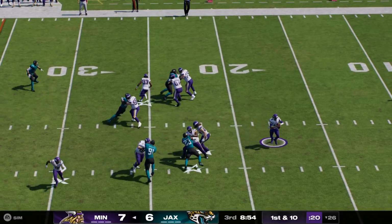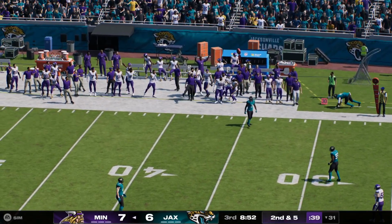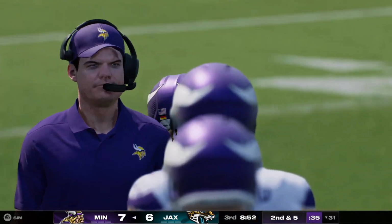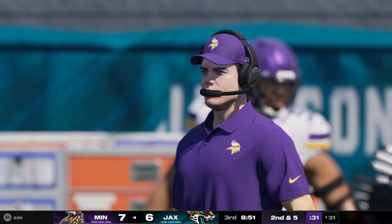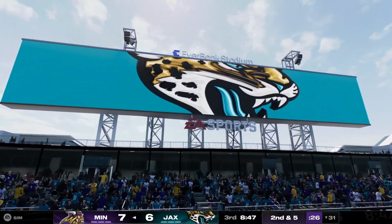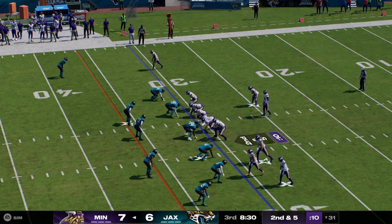Off the bootleg, here's Darnold. That's caught by Jones out of the backfield. All right, so there's really 3 areas that a modern NFL running back has to excel at. Number 1, the traditional handoffs. Number 2, you have to be excellent and reliable in pass protection, and maybe bigger than all of them, you have to be at least serviceable out of the backfield in the passing